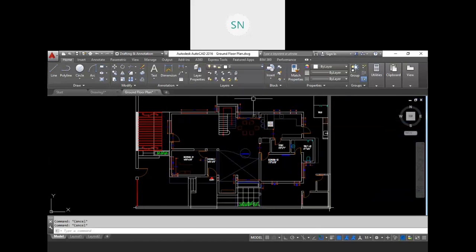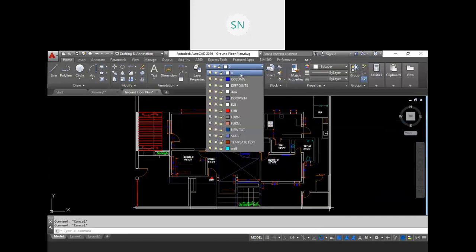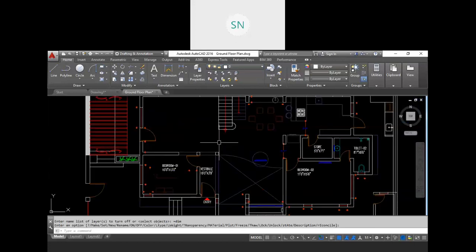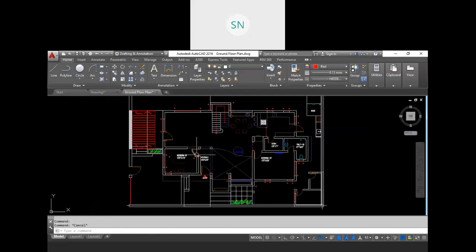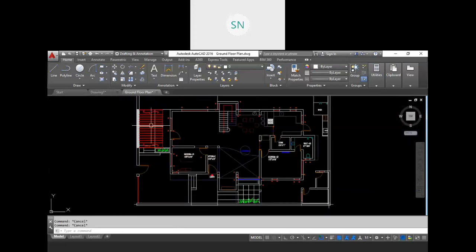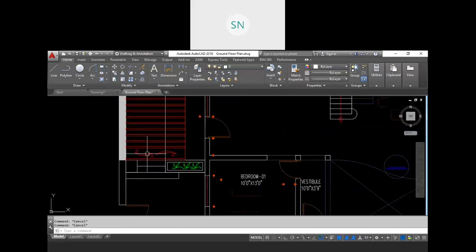So now all the dimensions are in the dimension layer, and when we turn that off, all the dimensions will be removed from my drawing, right? So in this way you can manage your drawing very easily. These are the things in layer 0. So you can create a layer for this also, for this one.